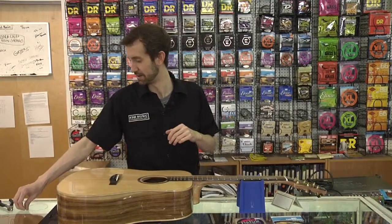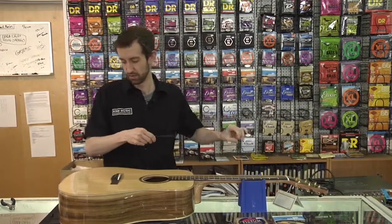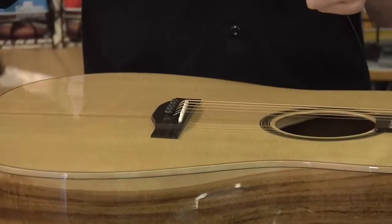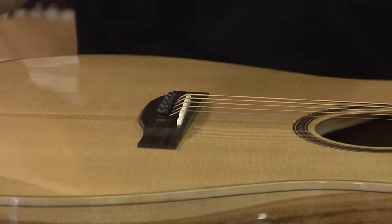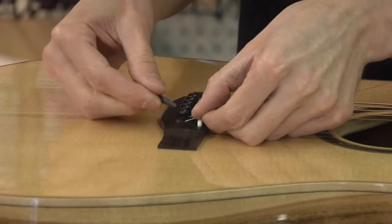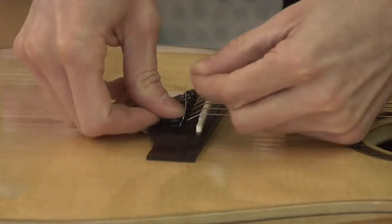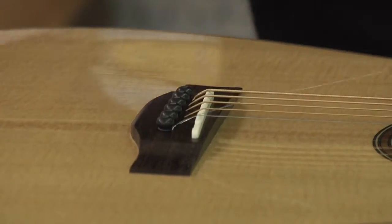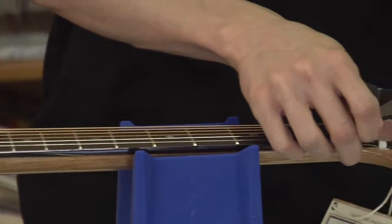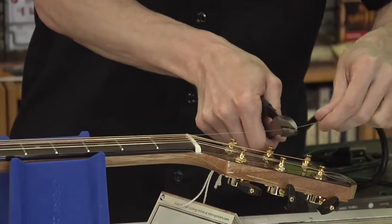Putting strings on is not too tough on an acoustic. I've already pulled the bridge pin, but essentially the pin just pops up. You can use a tool like this to grab onto them and pull them up. I like to bend the string just a little bit so it will anchor into it. Follow the groove of the peg into there so that the bridge pin sits nicely. You can have way too much string to work with, so you want to go up to about 1.25 pegs, cut that string,